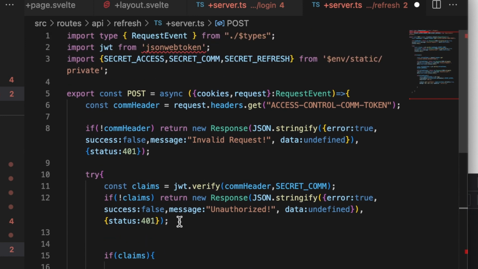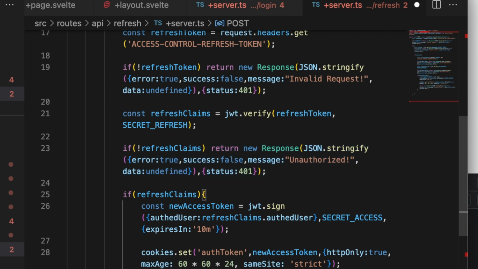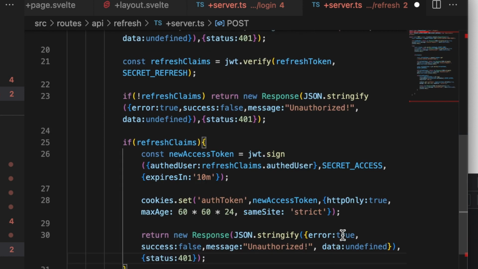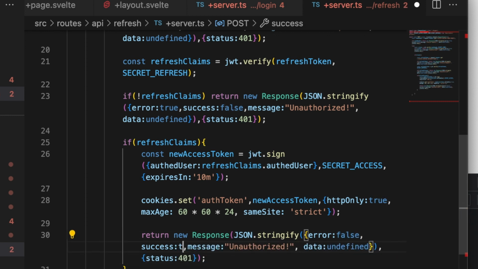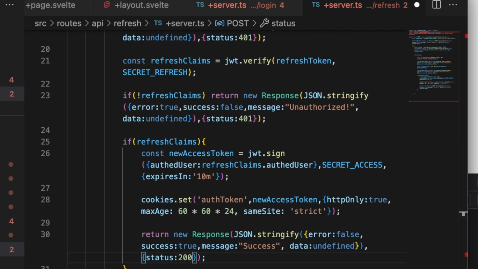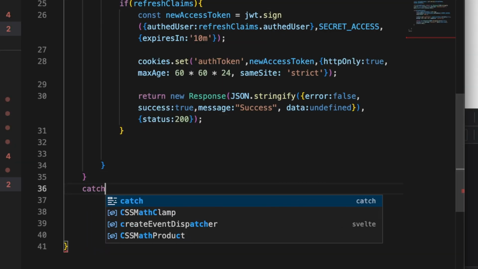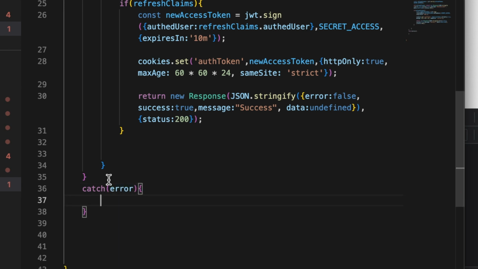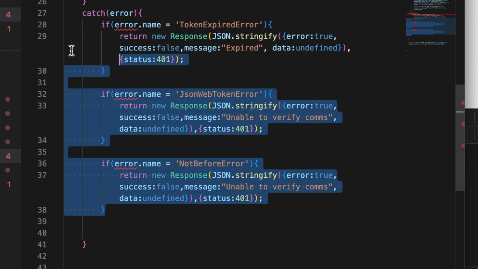So we can copy this response, just modify it. So here, error will be false. Success will be true. Here we can just say success. Data undefined and status of 200. So now we want to go ahead and do our catch. So catch error. And we can copy these out because these would be the same errors,